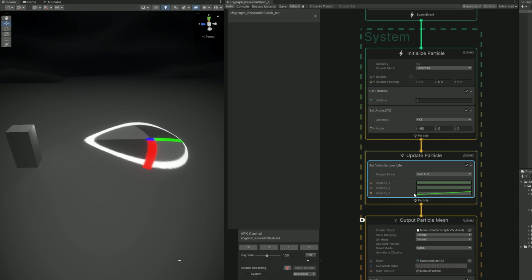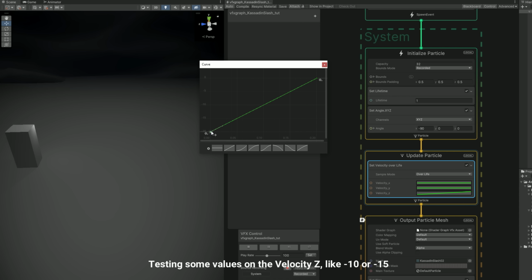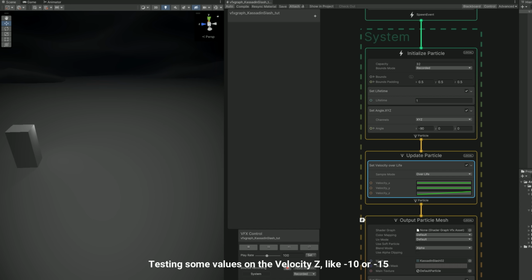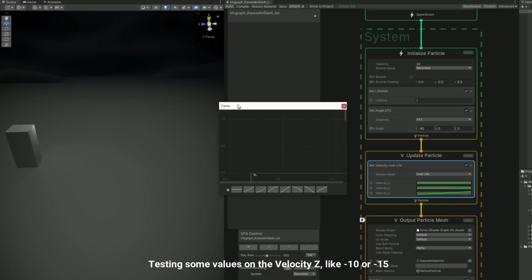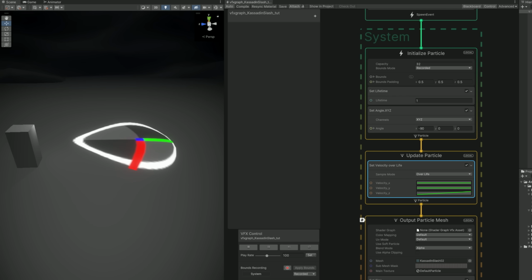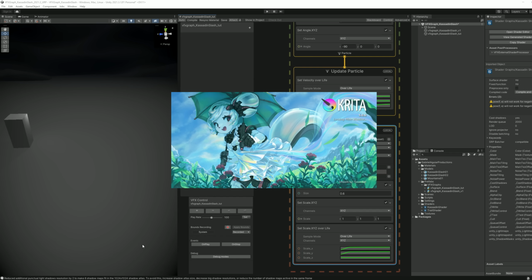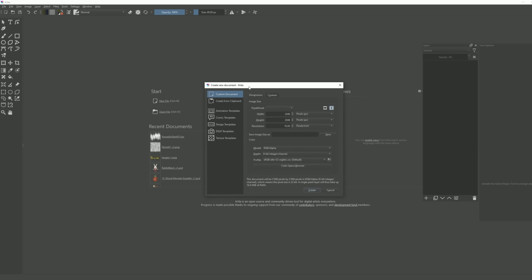Right, so we need to improve aesthetically how it looks, and in this specific case we are going to need a texture created in Photoshop or in Krita. I'm going to use Krita because it's free and you can follow along easily. So I'm going to create a new file with 2048 by 2048, black background,